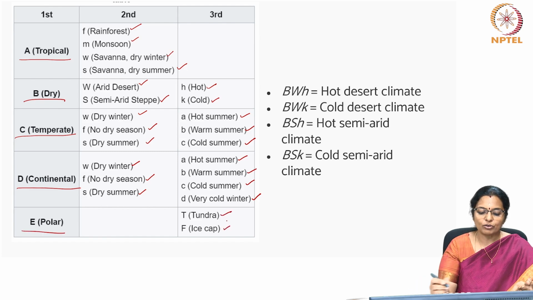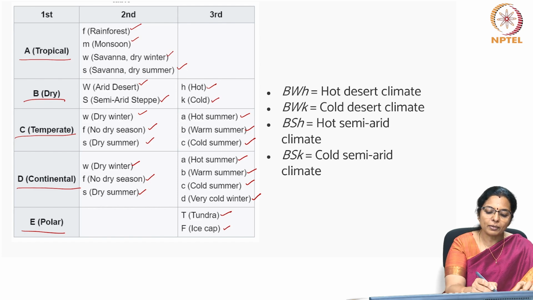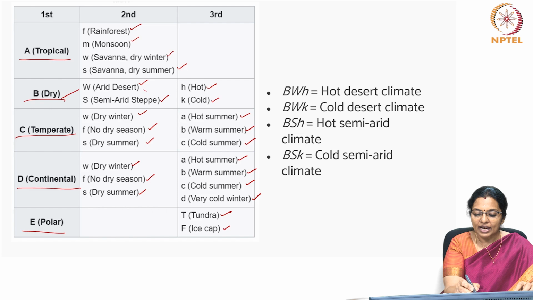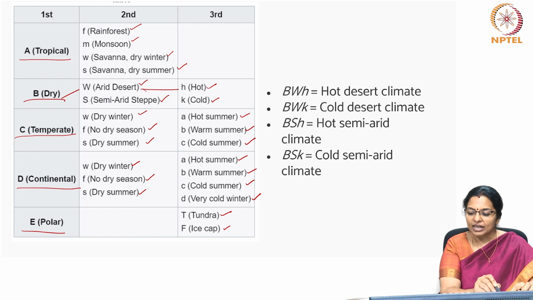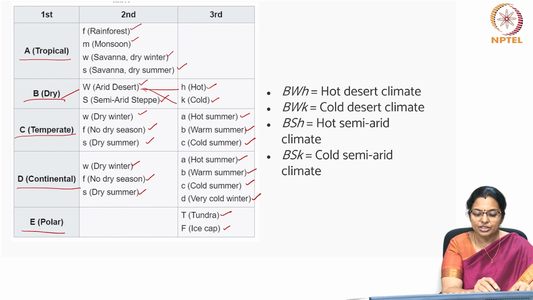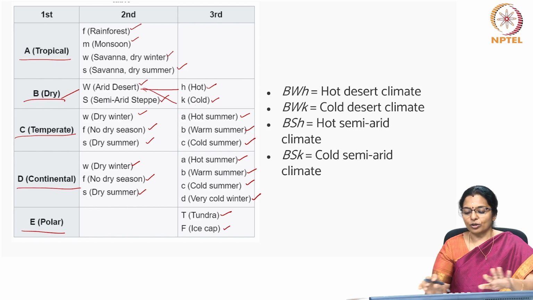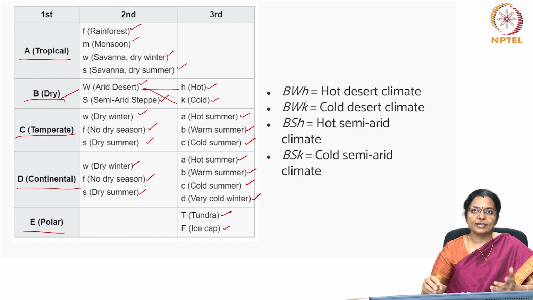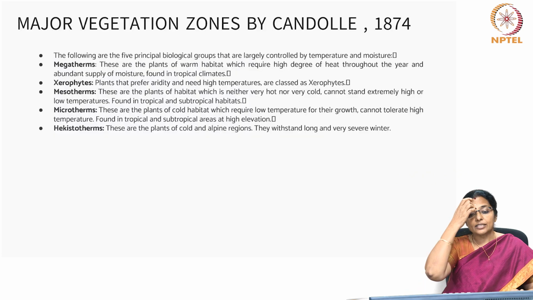So, if we have to classify dry, B dry, then BWH would mean dry, arid desert, hot climate. BWK would denote dry, semi-arid, cold climate, and so on. So, this is how we would be describing the climate. Next, we move on to